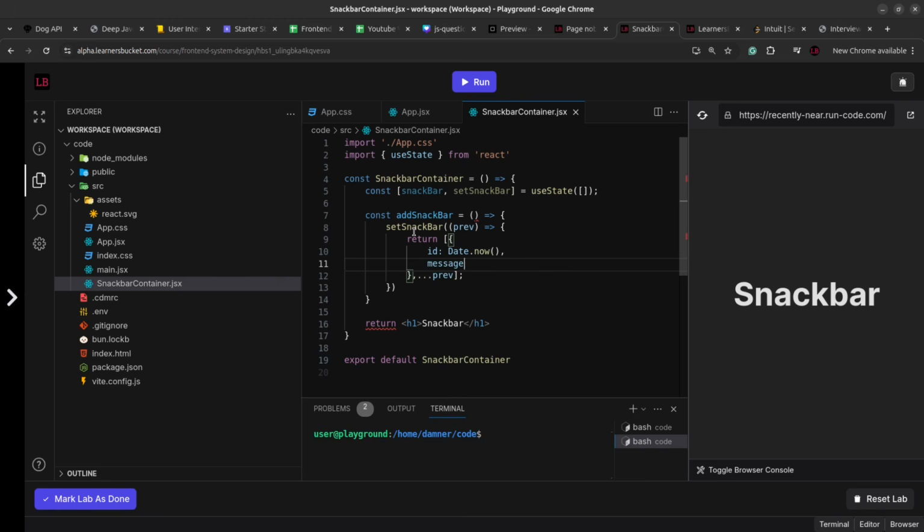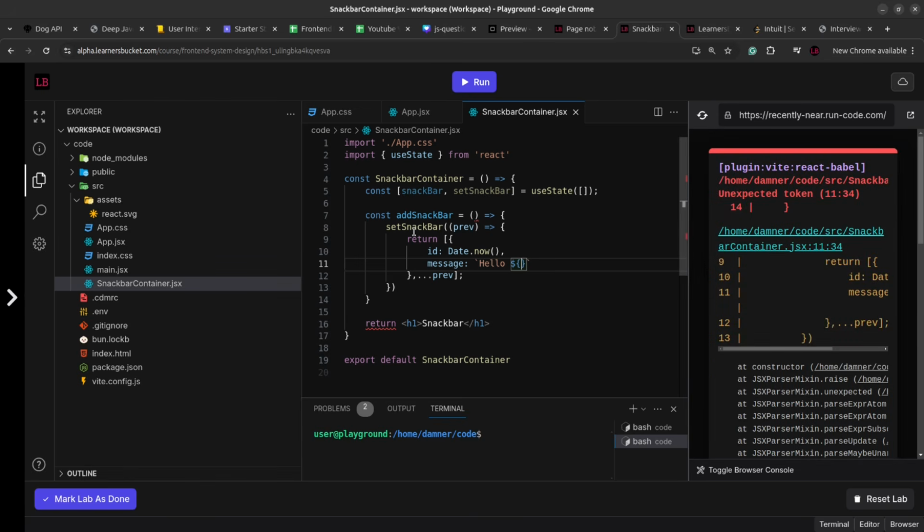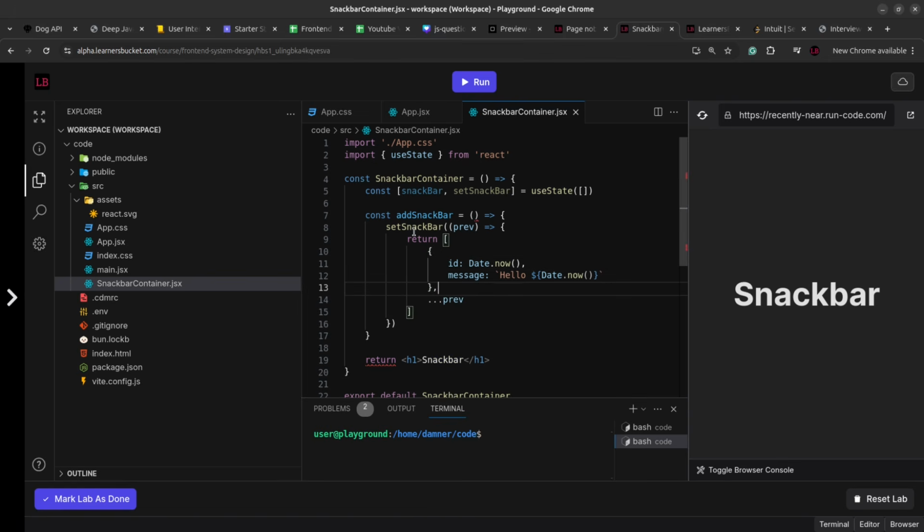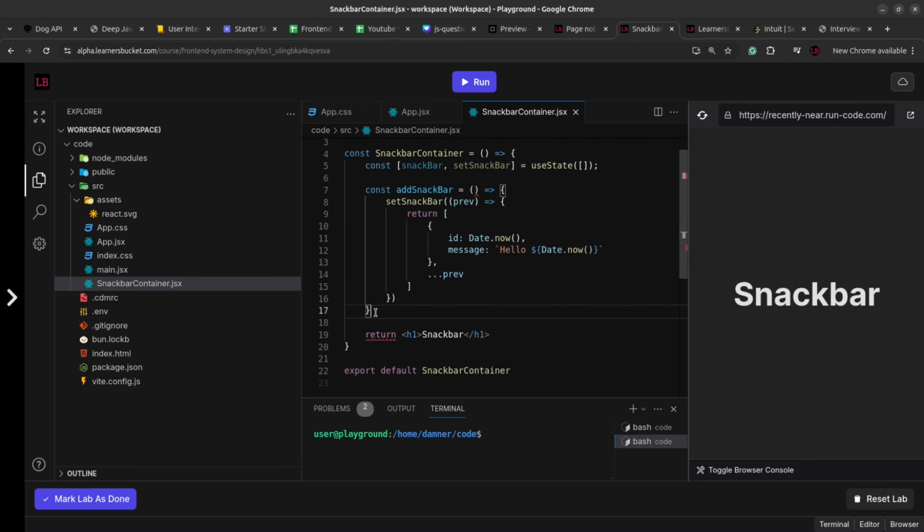And then we'll have a message which will say hello, and then here we'll just render the Date.now, the millisecond, so that we can see what is there. So this will create a new entry into the array. This will add a new or a fresh snack bar,